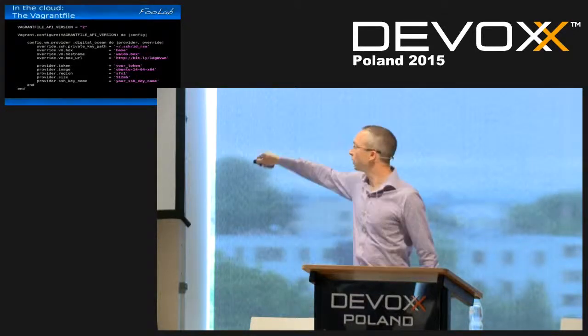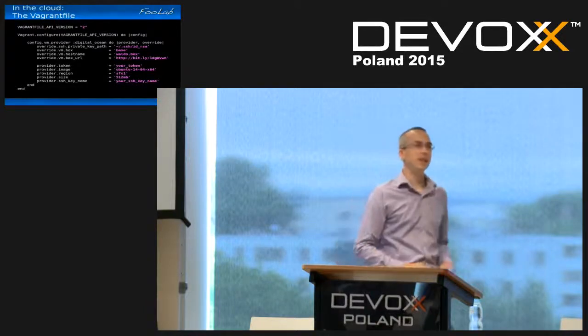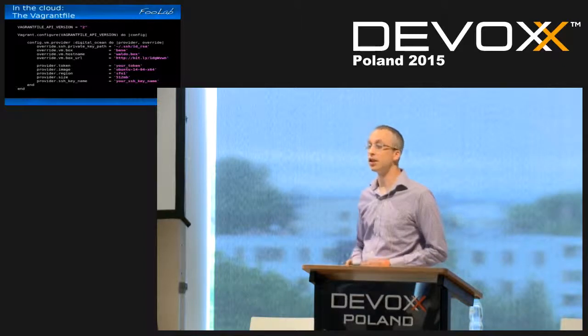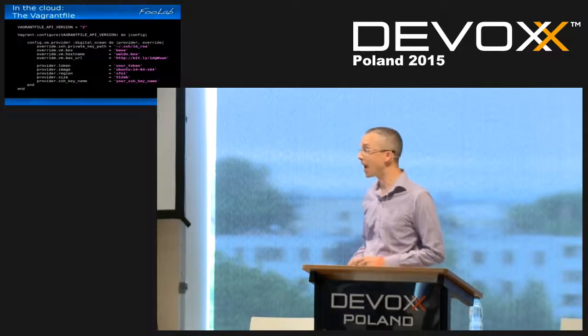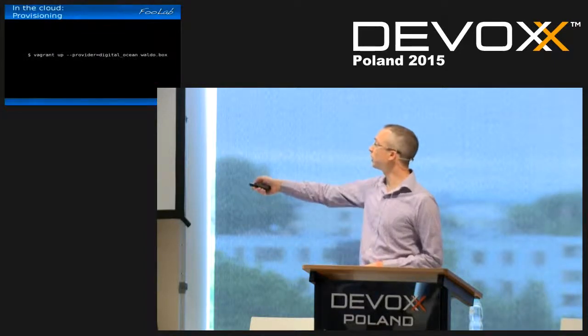The values for image, region, and size are all stuff that can be found or listed via the DigitalOcean API. So you want to look this up, and then we just do vagrant up with the provider DigitalOcean